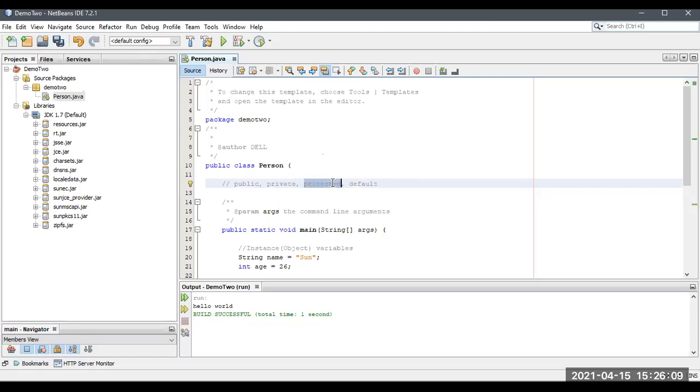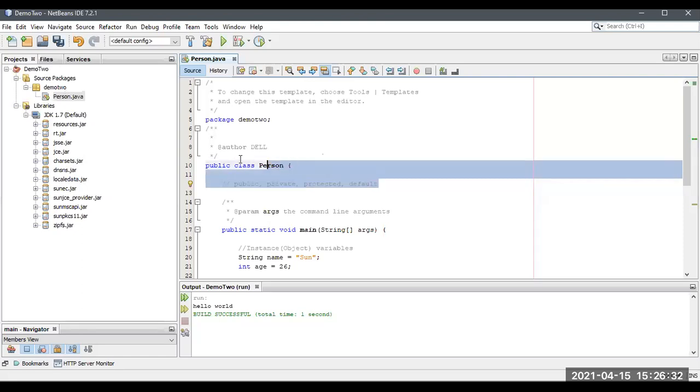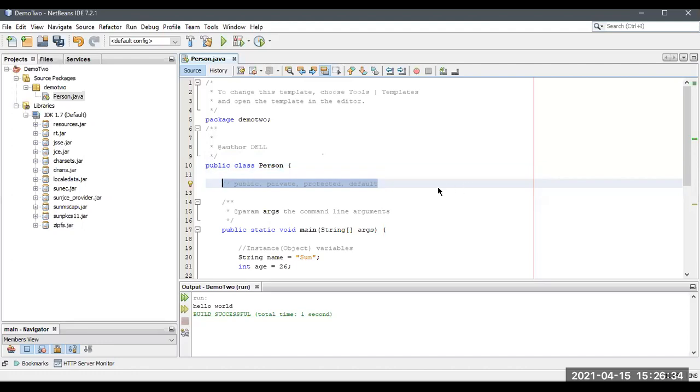Protected is within the class as well as outside the package too. Default is similar to public: you can access it within the class, outside the class, and outside the package too. There is a small table for these access modifiers. You have to remember everything. According to your requirement, you have to choose one of the access specifiers.